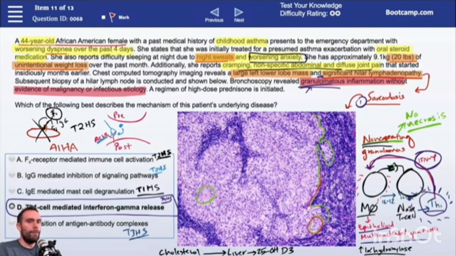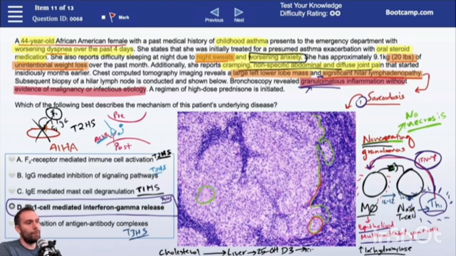Now, this form of vitamin D is more of a storage form. It's not the active form of vitamin D. In other words, it doesn't exert the effects where we can increase calcium absorption and phosphate absorption, for example. So what we can do is store some of this 25-hydroxy D3 in the adipose tissue, for example. But then, if we wanted to activate this, normally this 25-OH D3 can then go to the